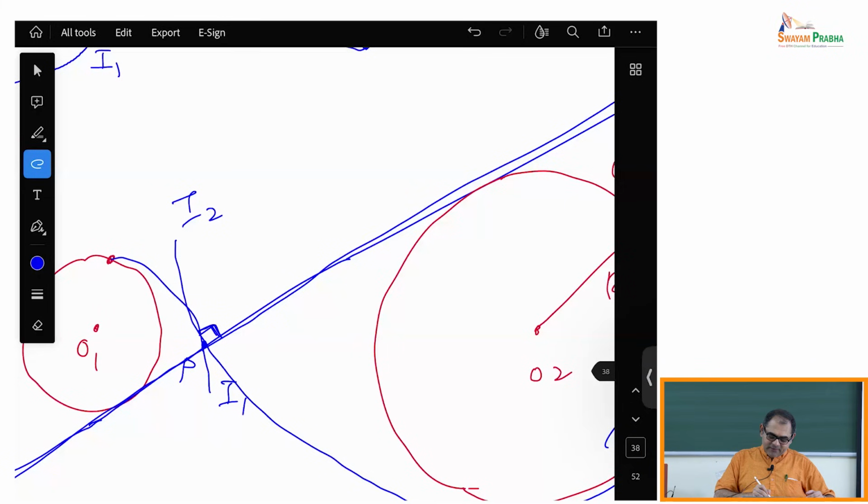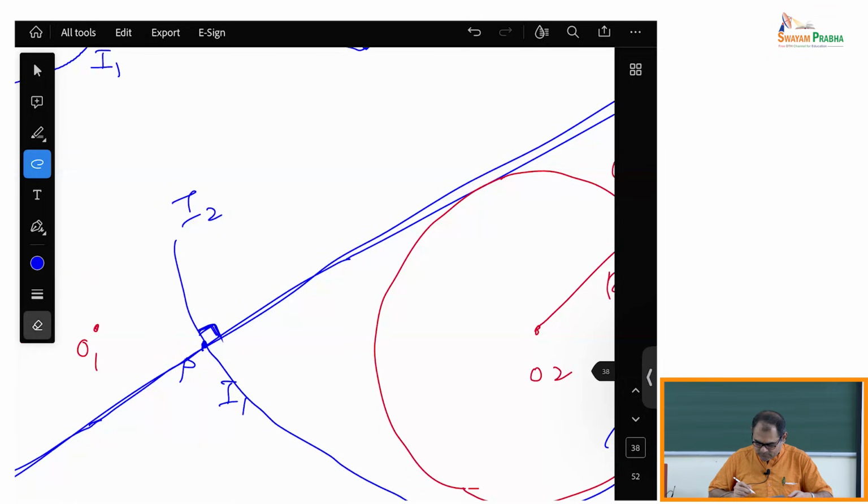Then what happens is that you draw any involute I1 to C1 in the right direction, and you draw any involute I2 to C2. Wherever they meet, they will meet exactly perpendicularly. So what will happen is at this point, okay, if you look at it. So if I draw the diagram more neatly, it's like this. So at this point,